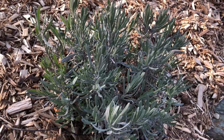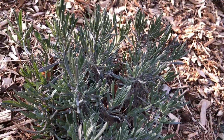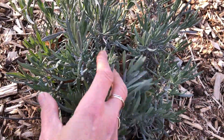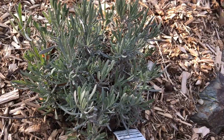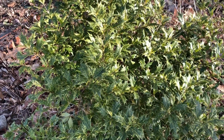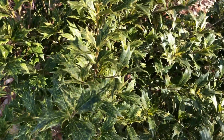So the 2021 garden is going to have lots and lots of lavender. I have lavender in the wintertime, and lavender looks good here in zone 6 in the winter. Now this plant right here is one of my favorites, and it's really not supposed to be here. This is osmanthus